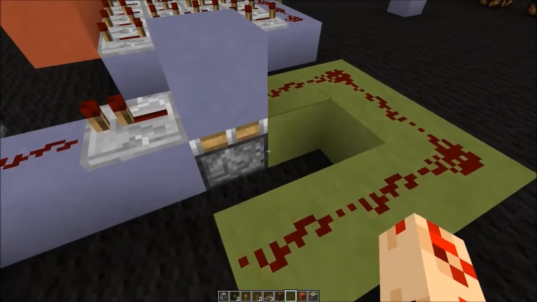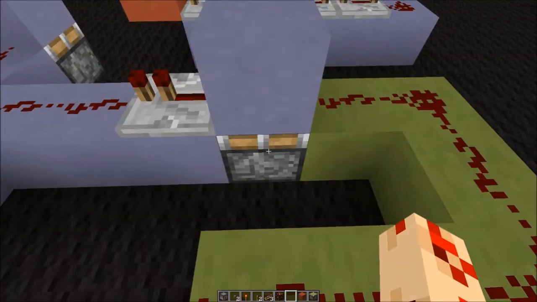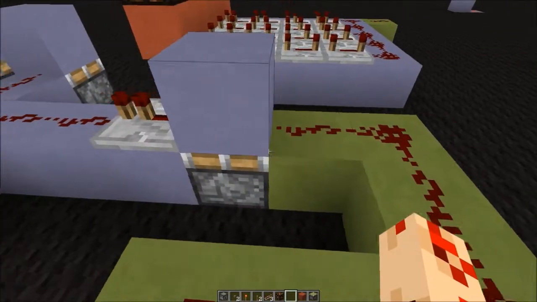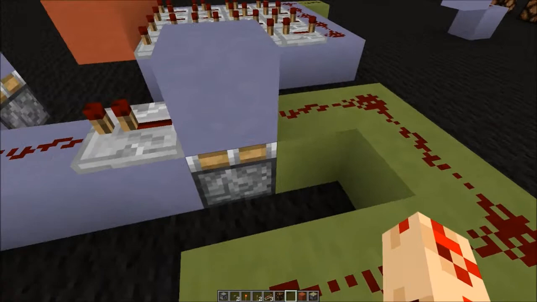So what do you want to do with this setup here? Sorry, I had to make a cut here. So what do you want to do with this setup here? The redstone wire powers the piston